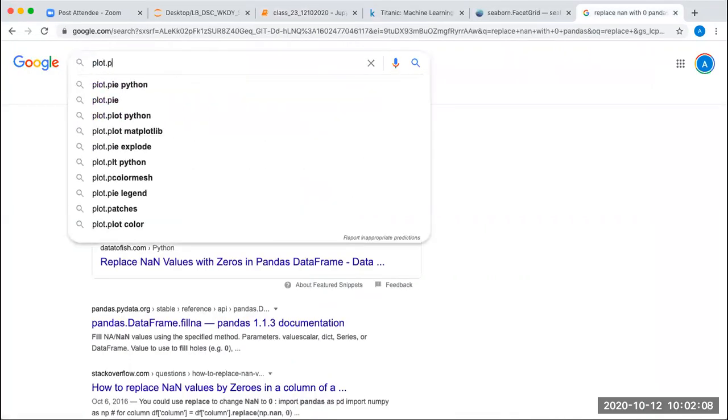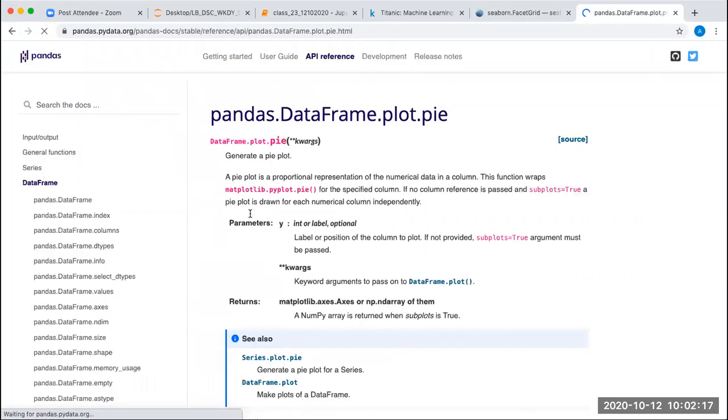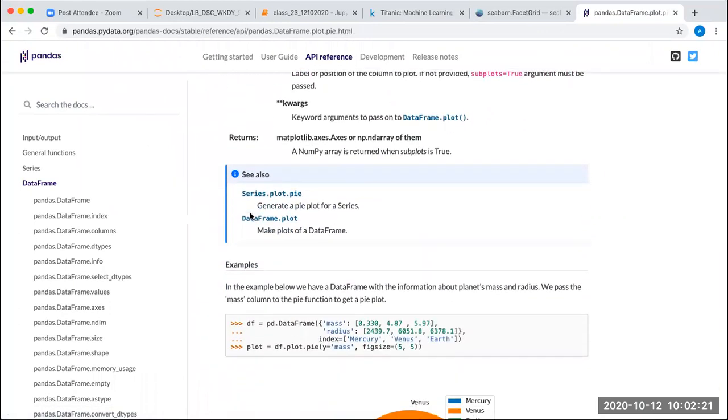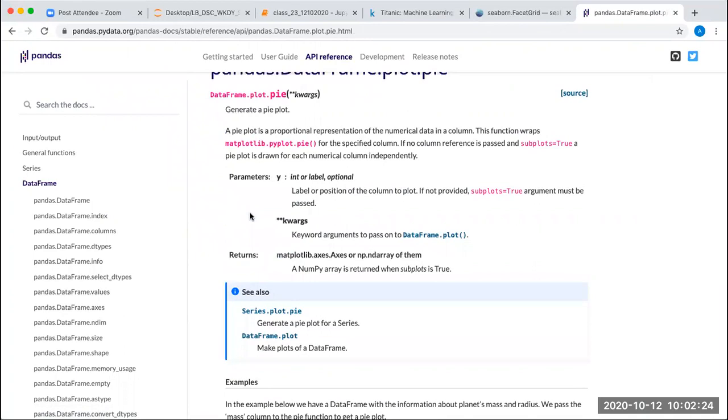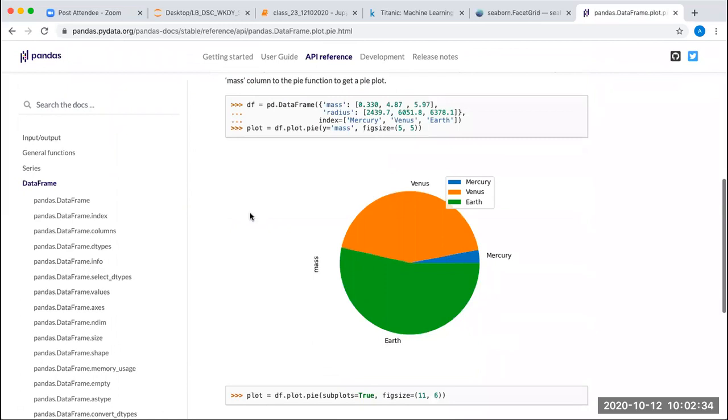Plot.py. So we have index here. Can we set the index?